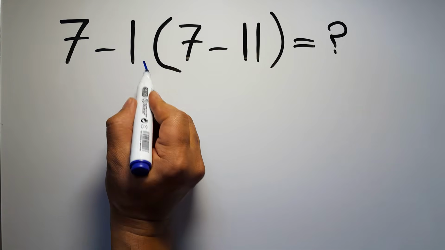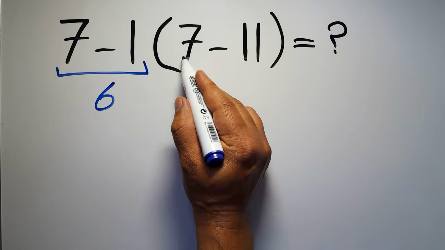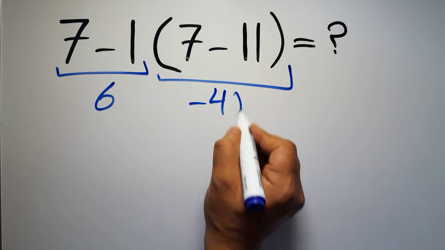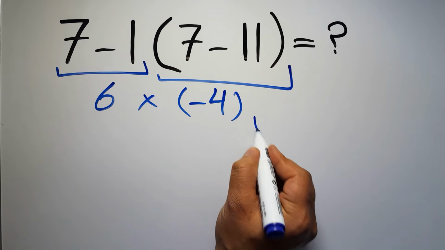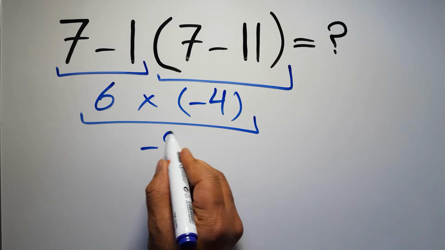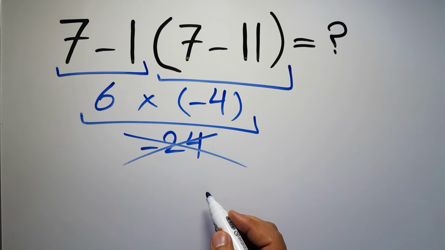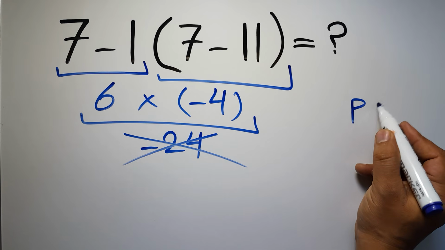7 minus 1 gives us 6. And inside this parenthesis, we have 7 minus 11, which equals negative 4. So 6 times negative 4 equals negative 24. But this answer is not correct because according to the order of operations, first we have to do parentheses, then